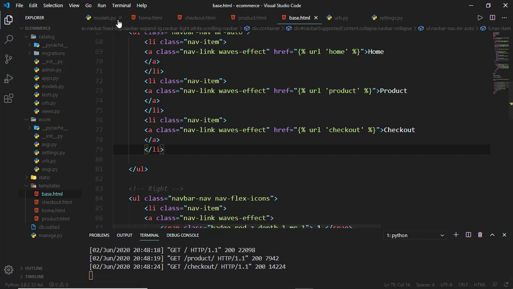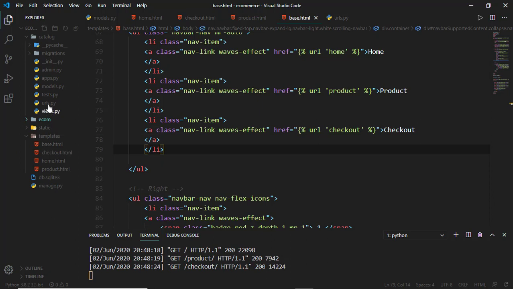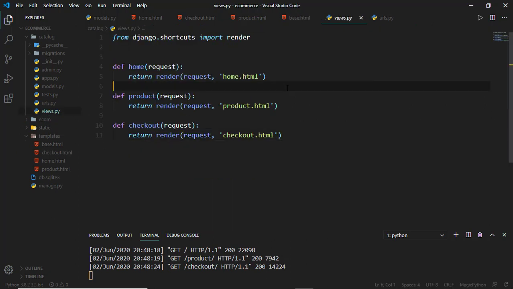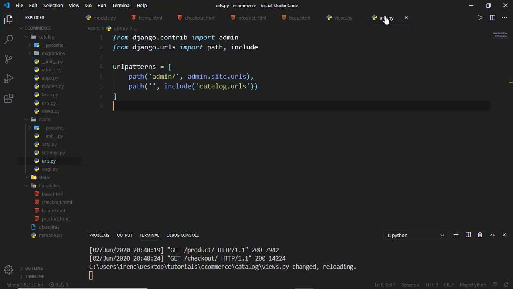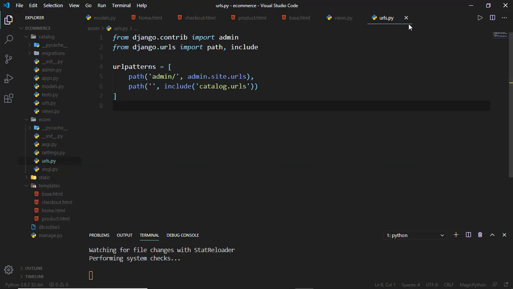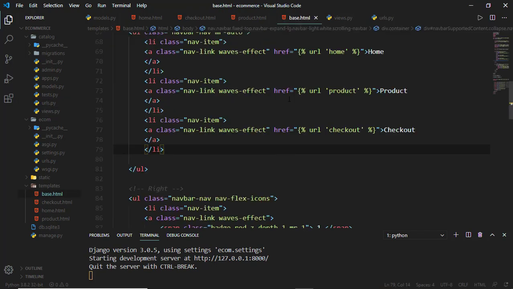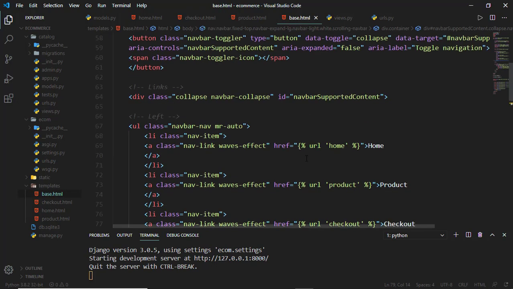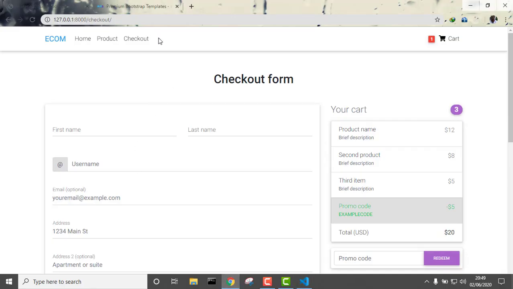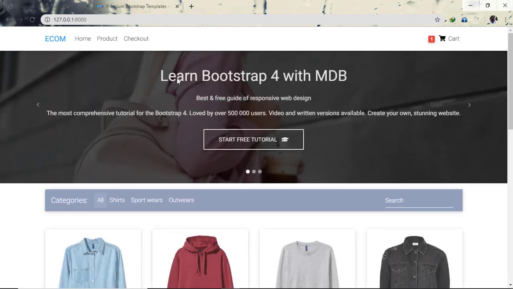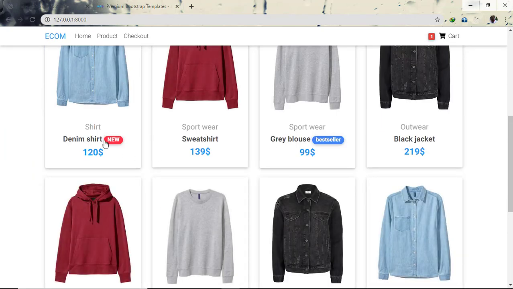So I went ahead and you can just look at the views. Inside our views, I added some basic views, just going to those, and inside our URLs. So these are our root URLs. Inside our URLs, I added those paths there, and I also added a base file where all those templates inherit from. So right out of the blue, when you go to the home page,